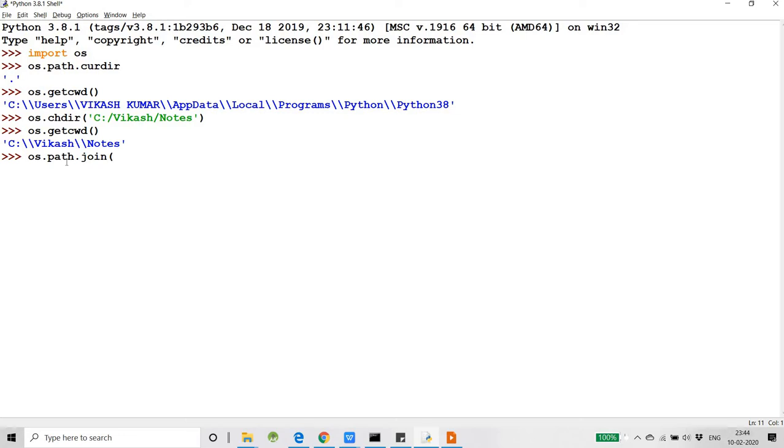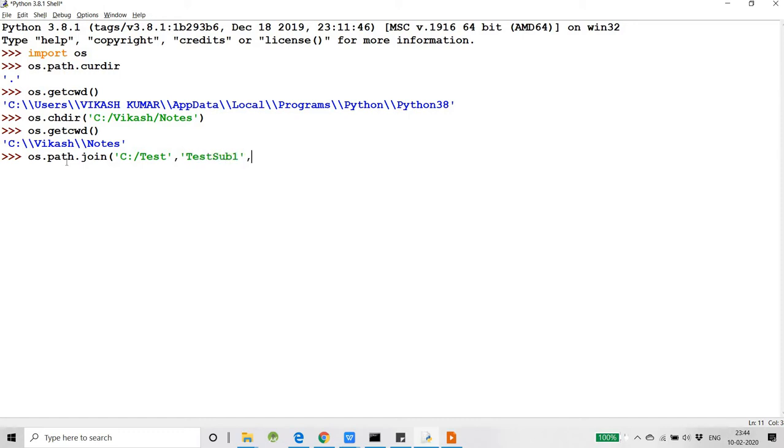Suppose I have a base directory, say C:\test directory, the main directory, and then we want to add new path. I need to append some new path, adding some new directories and defining a file name. Suppose inside the test directory there is one more directory, test